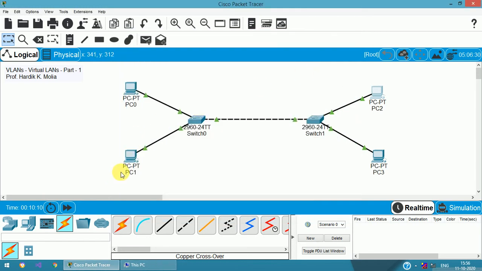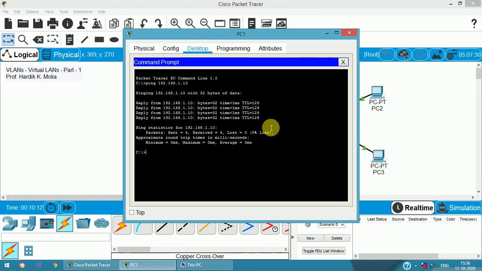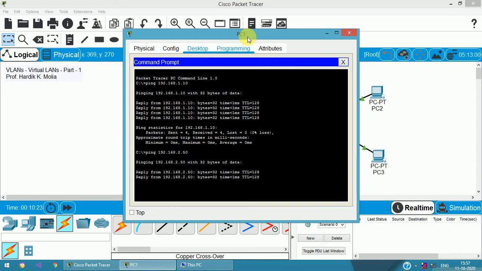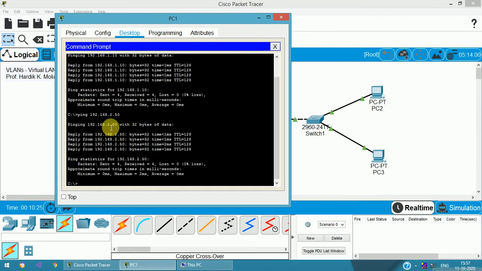Now from PC1 I try to ping 192.168.2.50. As you can see, you will get a ping response for 192.168.2.50.